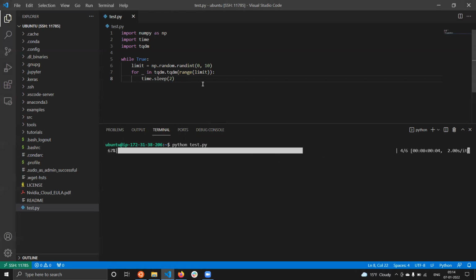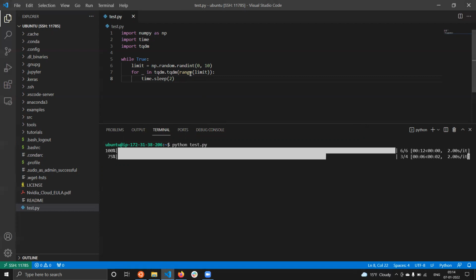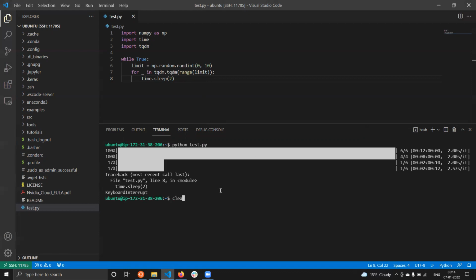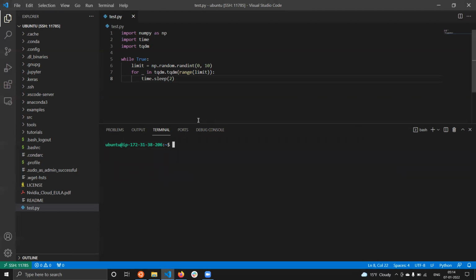So it's nothing specific. This can be any code. So when you are using VS Code to run your model training, this script will contain your data loading, your pre-processing, and your model training code. So this was just to test the implementation. So basically that's it. You have connected your VS Code to your remote server, and you can now write your code, create files, and run them through this terminal, all within VS Code itself.